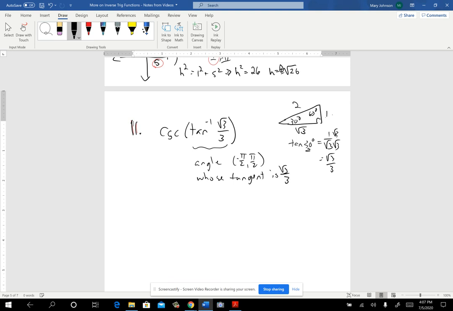So we now know it's related to the 30 degree angle. This is a positive value, so we are going to be in the first quadrant. So remember that negative square root of 2 over 2 to square root of 2 over 2 means quadrant 1 or 4. And then I just need to remember that 30 degrees is really pi over 6. Okay, so the tangent of pi over 6 would be square root of 3 over 3. And so,